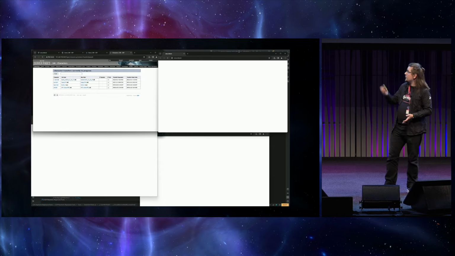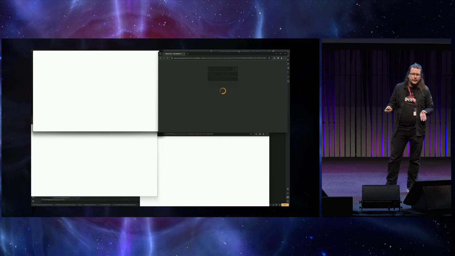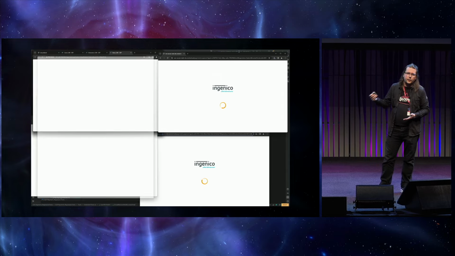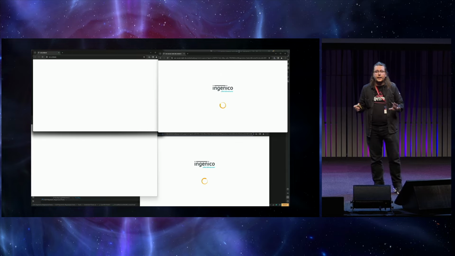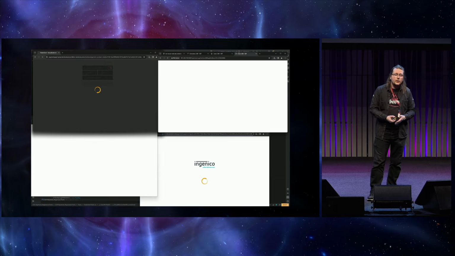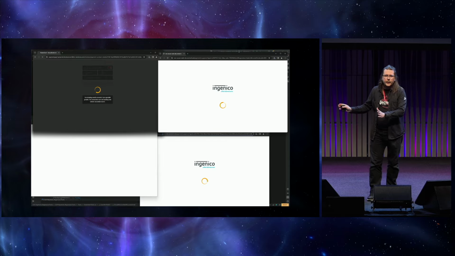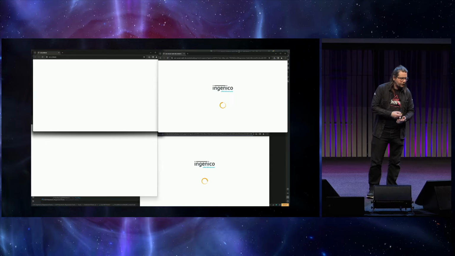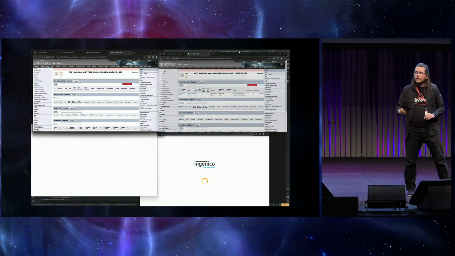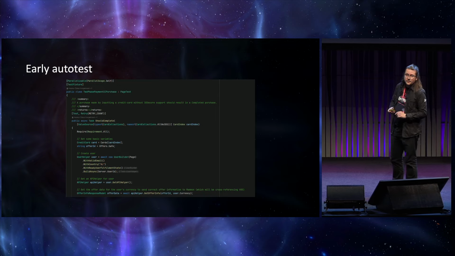These interactions, as you can see, mostly take milliseconds, barring some longer things like completing purchases. Thankfully, Playwright supports C#'s easy-to-use async await pattern. So while one test is waiting on a long operation, another can run on that CPU thread. Now, I'd like to give you a look under the hood of an early auto test.